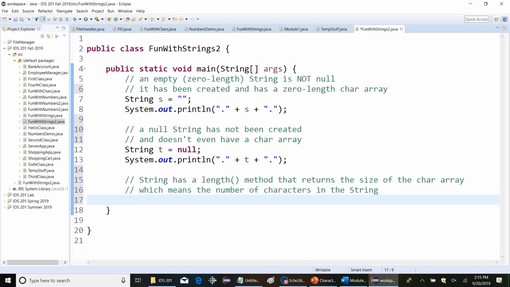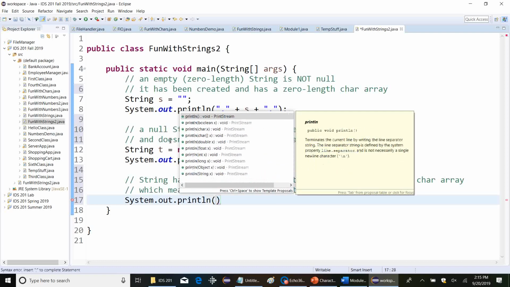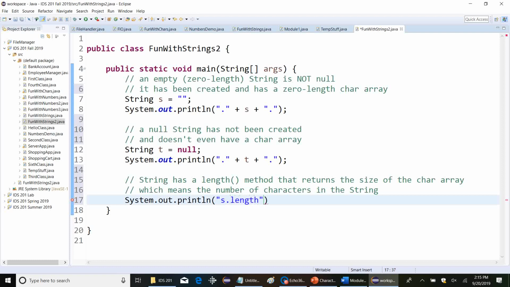So if I say system.out.println s.length equals plus s.length, okay, that'll print out what? How long is s? 0. I mean, the answer is right there. It is a zero length string. It has zero length. It has no characters. If I run this,